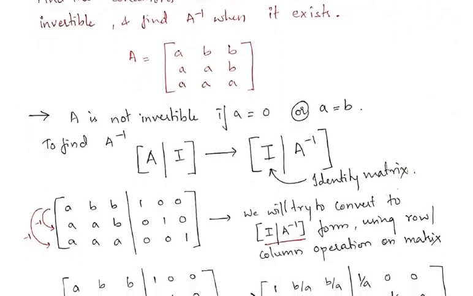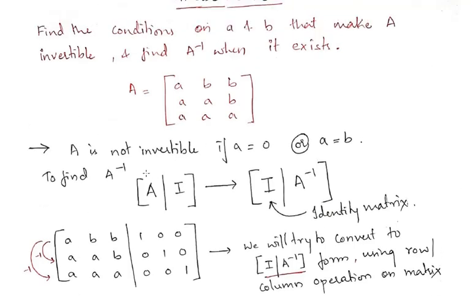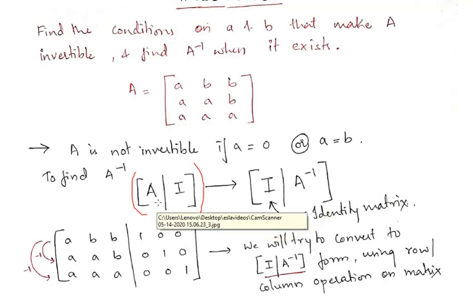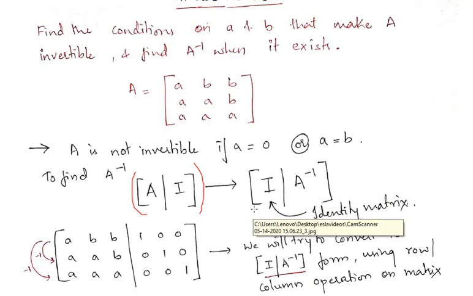The basic procedure is, we can see here, take the given matrix and the corresponding identity matrix. Means if it is 3 cross 3, then the identity matrix must be 3 cross 3. Okay, so we will write like this in a matrix form, putting a partition in between the identity matrix and the given matrix A. Okay, so how to find out the A inverse?